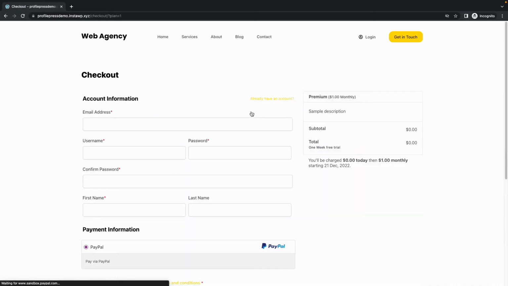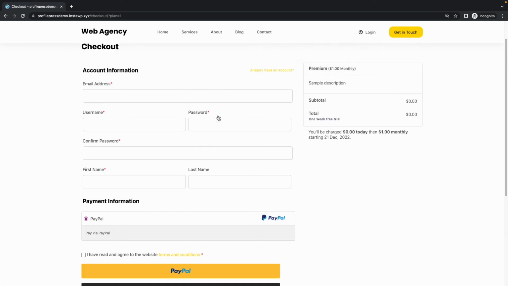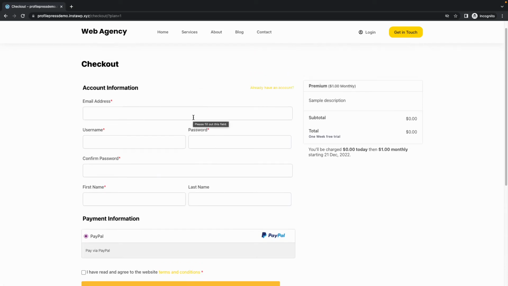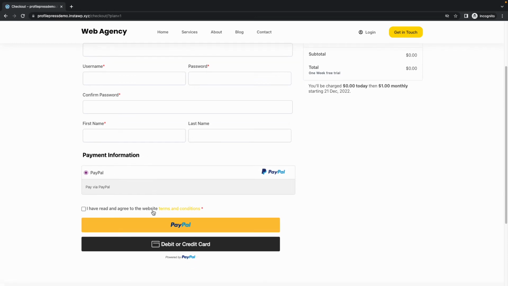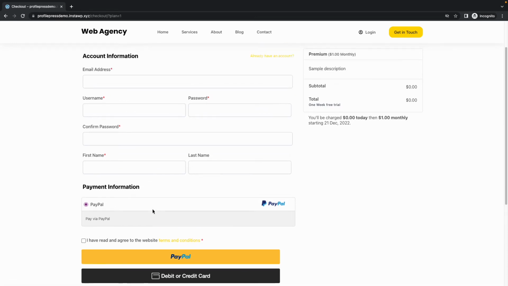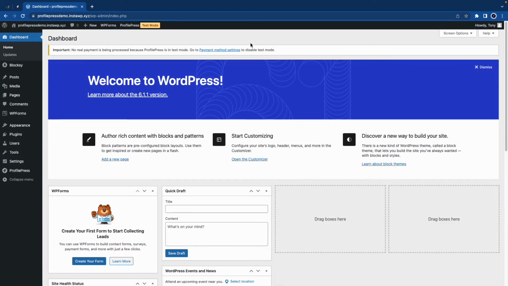And that will take us to this checkout page where we could enter our account information, and under payment information at the bottom, we can choose to pay with PayPal. And we have the option as well to pay with a debit or credit card because we checked the additional payment option. Alright, so now we are going to explore two additional features offered by ProfilePress, and we'll start with